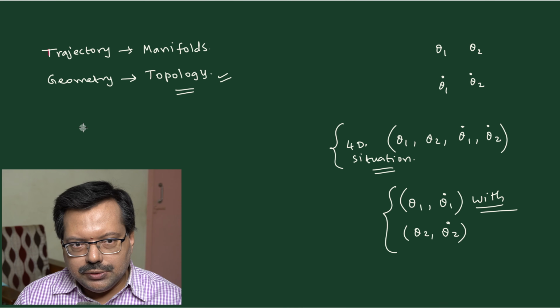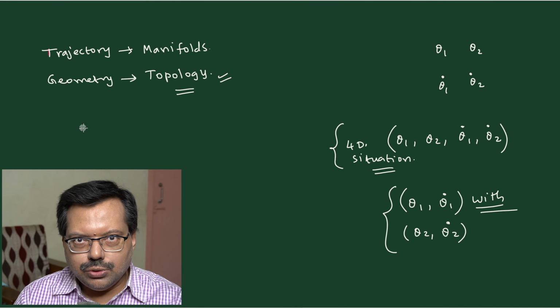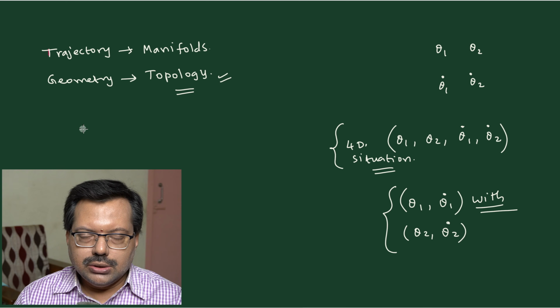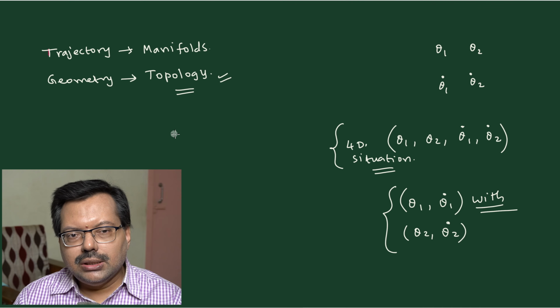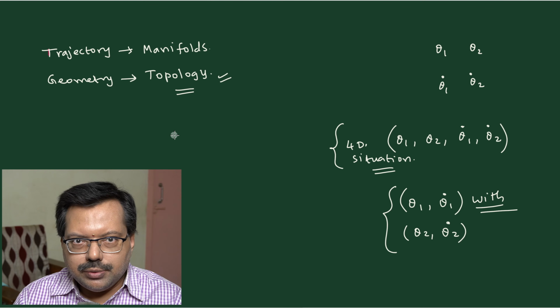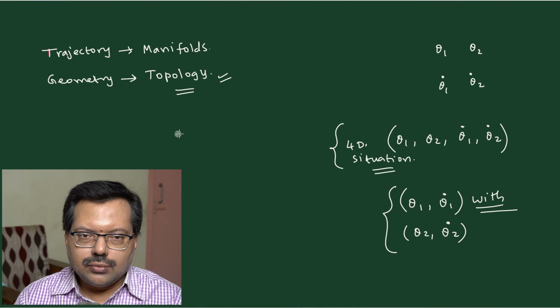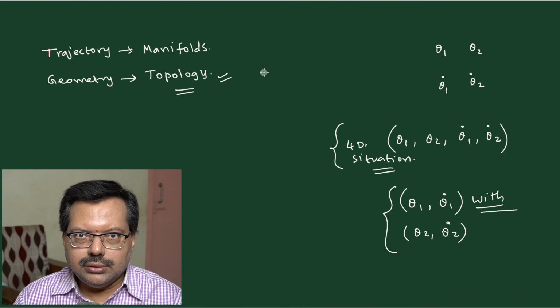You know what are the geometrical properties of a circle. If I give you an ellipse, what are the geometrical properties of an ellipse? You know that. For a hyperbola, you know that. These are known as geometrical properties of trajectories. But when things get complicated in higher dimensions, then we say that they are topological properties of manifolds. And the corresponding mathematics becomes fairly complicated.